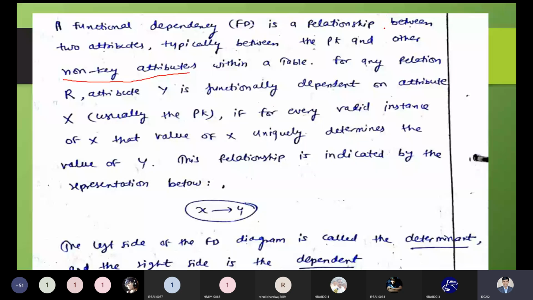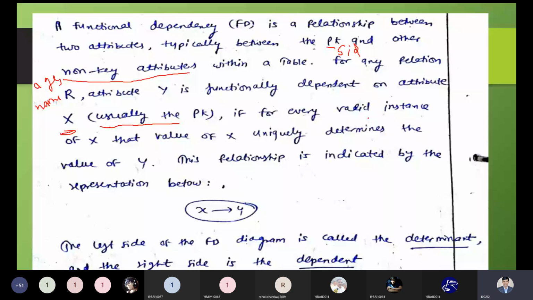Suppose I have the PK student ID, and the non-key attributes could be anything like age, name, within the table. So for any relation R, attribute Y is functionally dependent on attribute X, usually the PK. You have to keep in mind that X is an attribute. If every valid instance of the value of X uniquely determines